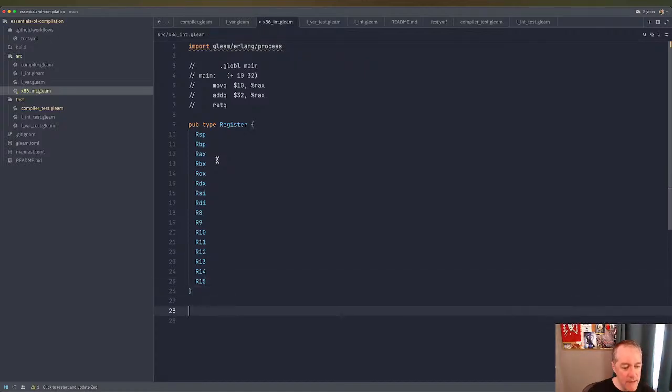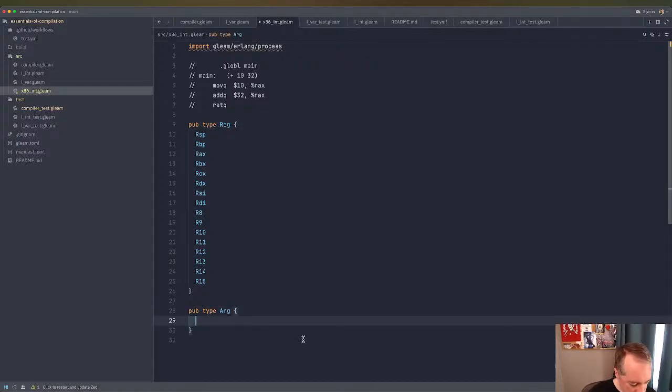And then we need to think about what is an argument to one of these instructions. So we have several. And I want to, yeah, arg is fine. That's what they're using here. They use reg. I typed register. Maybe we'll shorten that to reg. So an argument can be either immediate, and that's going to be an integer. So that would be like this. This $10 is an immediate value. That'll be part of the binary that's produced. It doesn't rely on memory at all. That's just in the source code. Okay, or it could be a register,